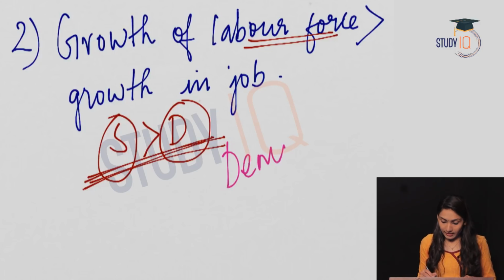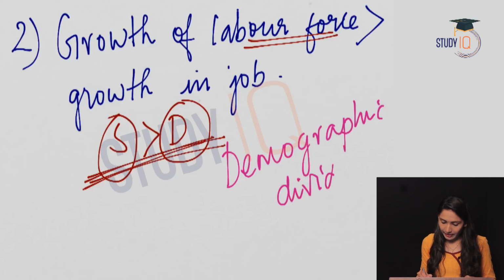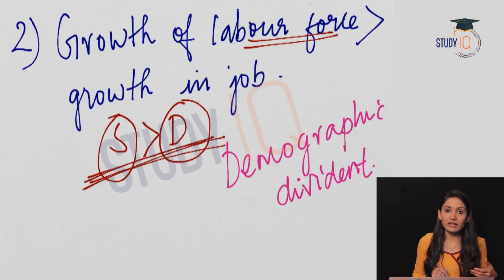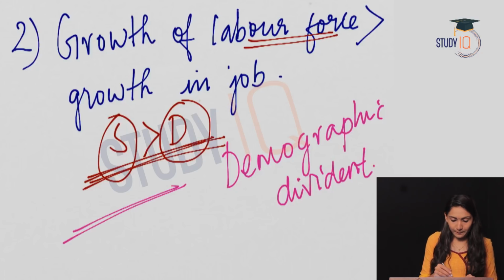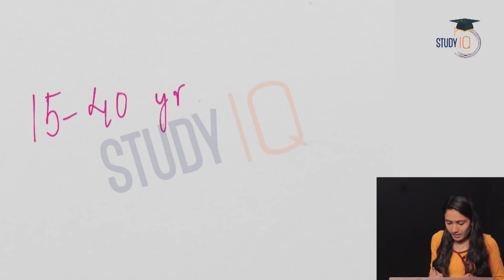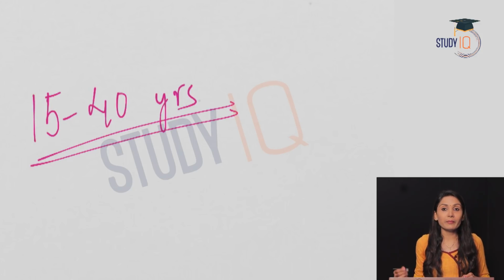The reason is the demographic dividend of the country. The younger labor force in the country is increasing more and more. So the demographic dividend, or the working population, is increasing year by year. So this is another reason for jobless growth in India. If the demographic dividend of the country, that is the working age population of 15 to 40 years, is properly utilized, the economy will grow to its full potential.